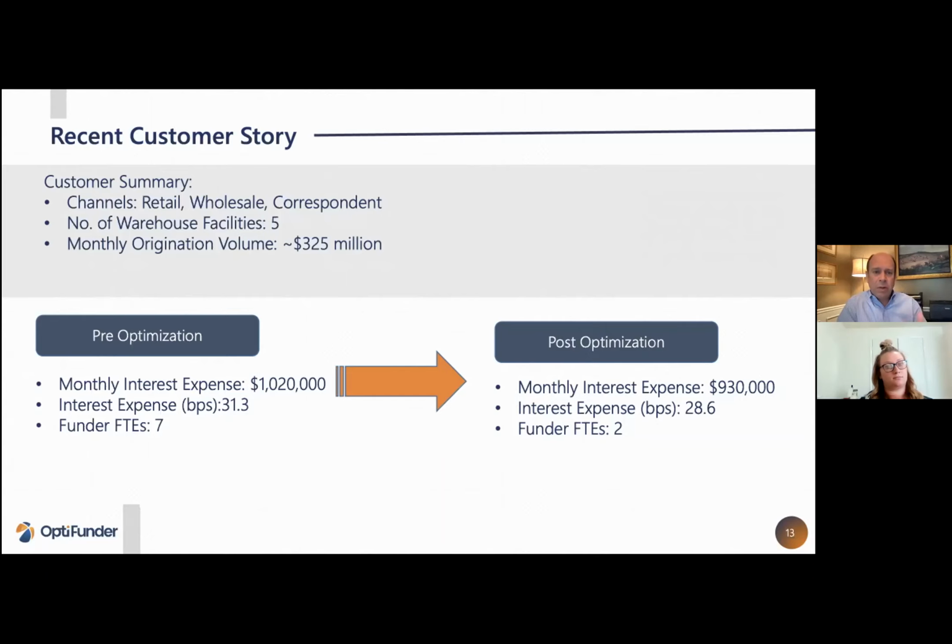And then really what happens in terms of the implementation process, there's initial discovery, right? Who is the lender using? How many people do they have in their funding department? What is their workflow? But then there's a little bit of a lights-out, quiet period where